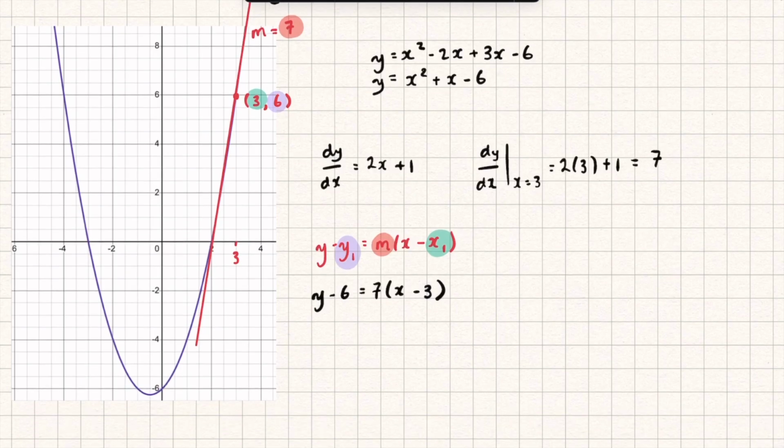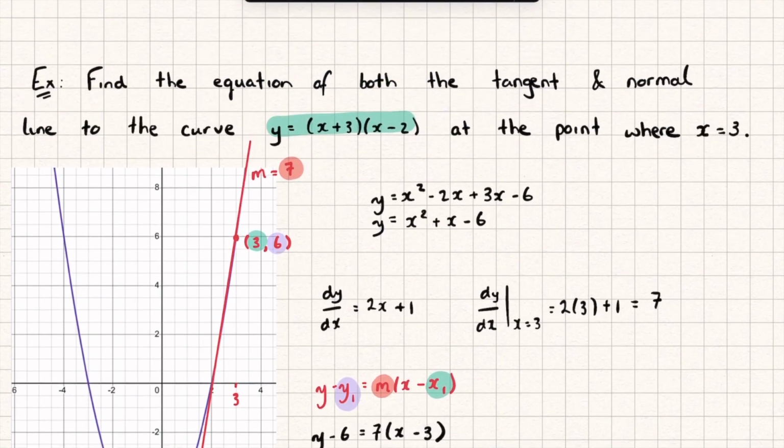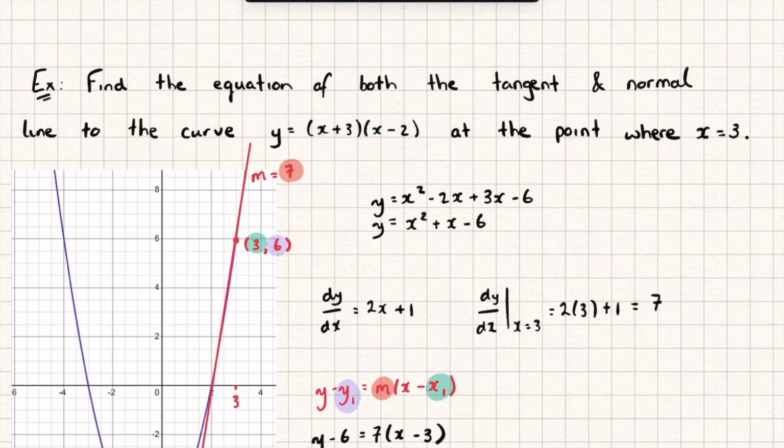Let's now expand this, so we've got y minus 6 is equal to 7x minus 21, and then finally let's add 6 to both sides and we get y is equal to 7x minus 15, and that is the equation of our tangent line. Let's now find the equation of the normal, and again if you're not sure, the normal